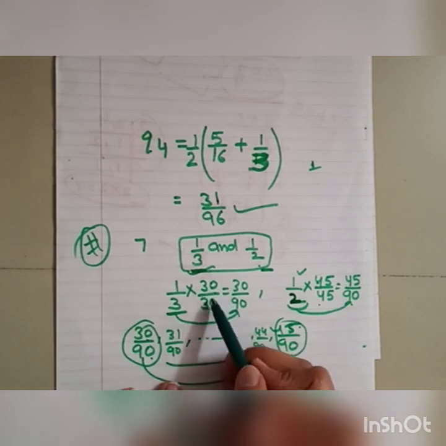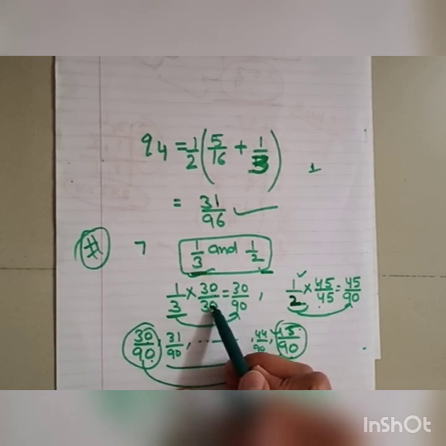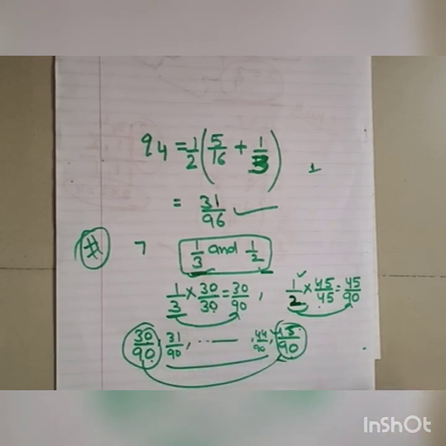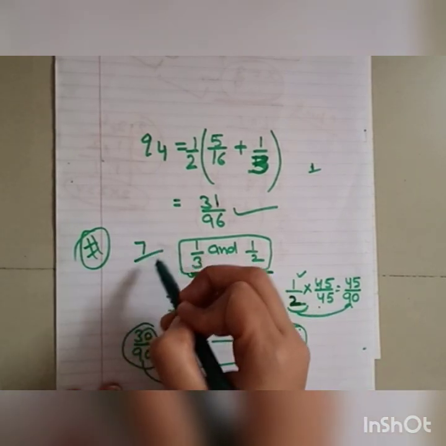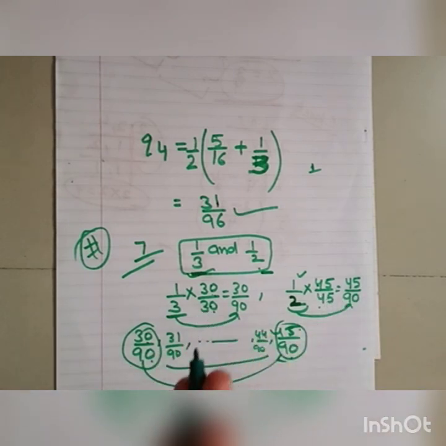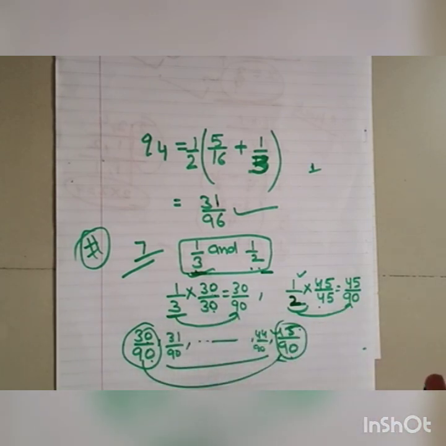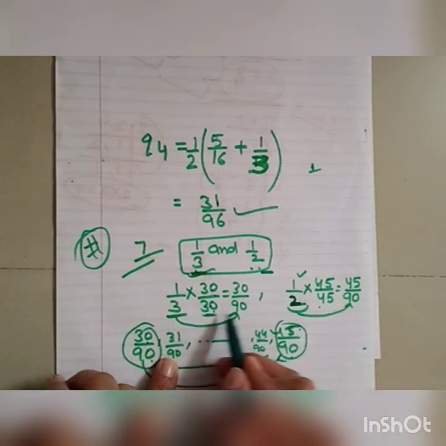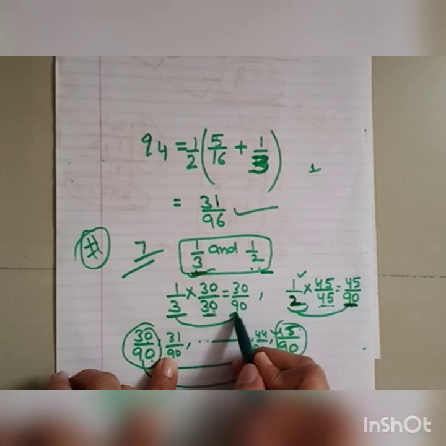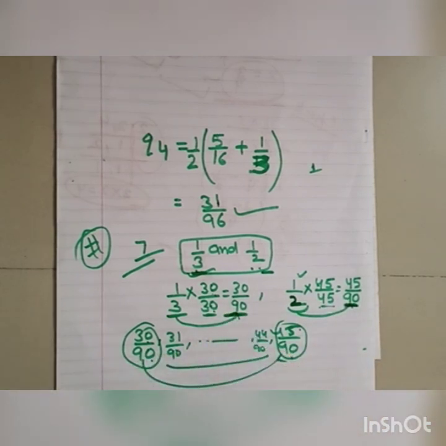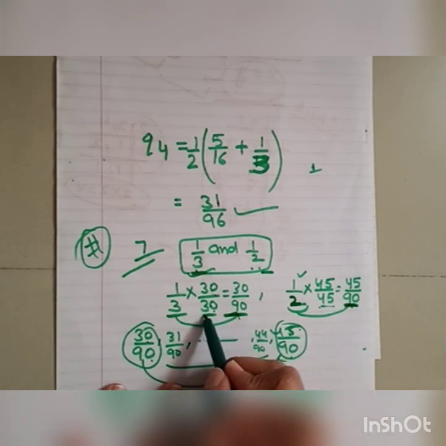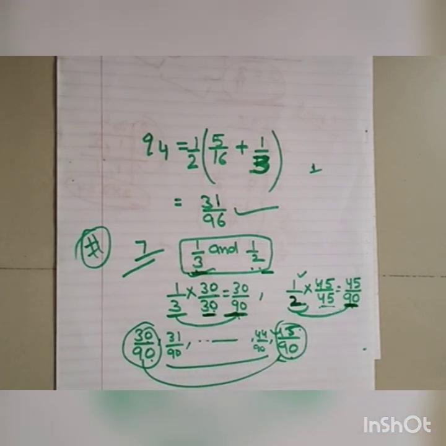If you multiply by any table, like 9, 10, 11, 12, 13, you can also find rational numbers between these two. If you have to find exactly 7 or 8, then try multiplying 1 by 3 and 1 by 2 with other tables, and remember one thing: the denominators of these two must become the same. While multiplying by any table, you have to see that the denominators are the same.